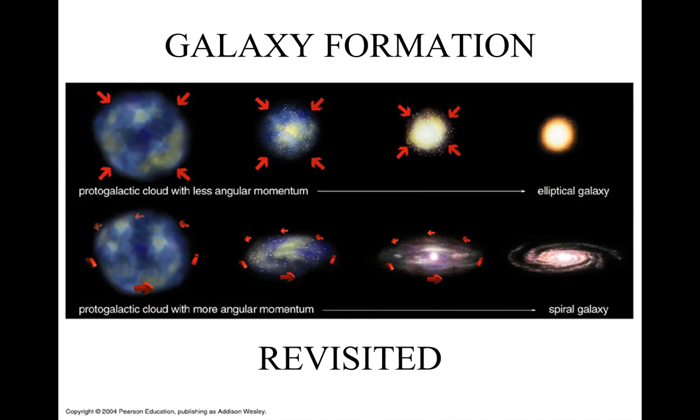And admittedly, this is a protogalactic cloud which has very little angular momentum. So what this basically means is that this particular protogalactic cloud has lots of mass, but it isn't really spinning in any given direction. So that means that when this protogalactic cloud is able to reach a high enough mass to allow internal collapse, to allow internal gravity to collapse the cloud onto itself, due to its very small angular momentum, then just like you see here in the second picture, and just like you see in the third picture as well,